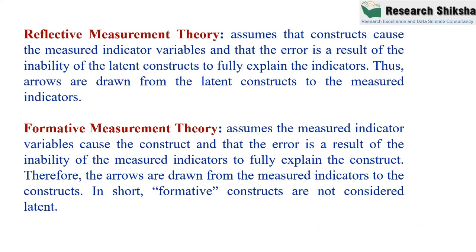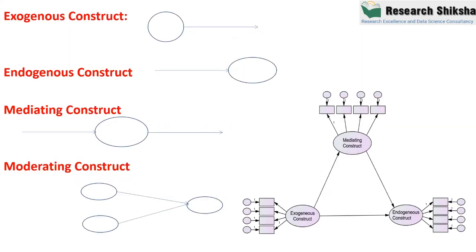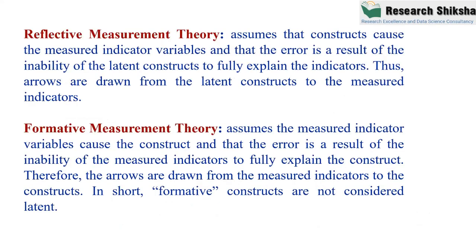Okay, now after understanding the different types of construct, the question is how the construct is developed. There are two schools of thought in constructs, or two theories. One is known as reflective measurement theory, and the second is formative measurement theory. Basically the question is whether items reflect the construct or the items form the construct. So this is a very simple question. Let's discuss this point. This is a very important point.